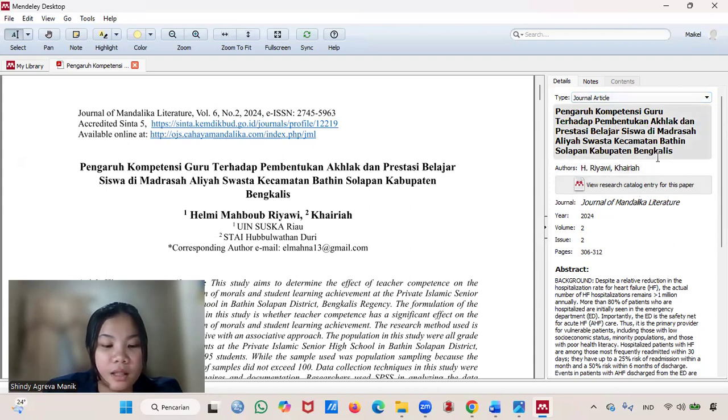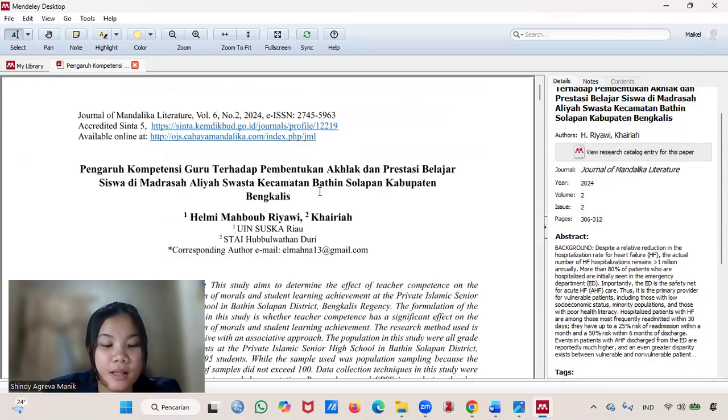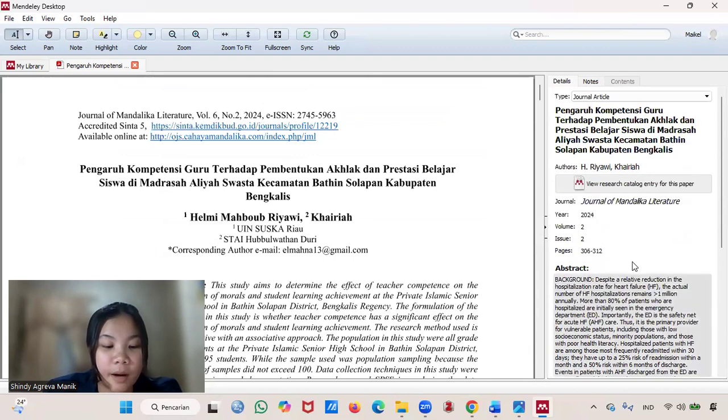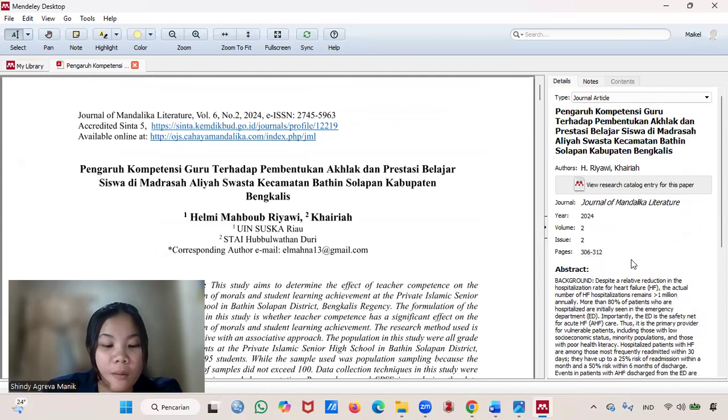Journal identity: double check the journal name, publication year, volume, and issue number. Remember, friends, our accuracy at this stage will determine how neat our bibliography will be in Microsoft Word later.